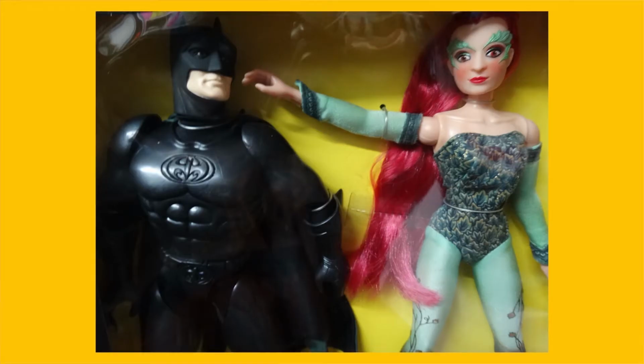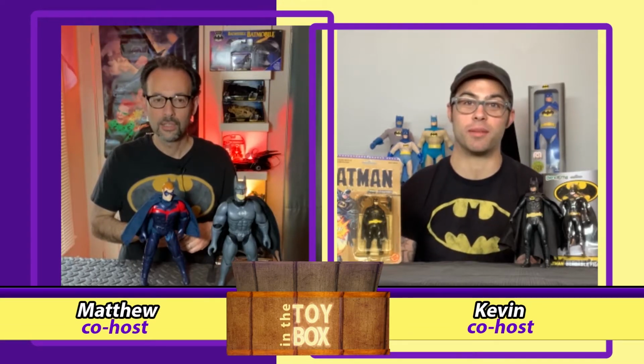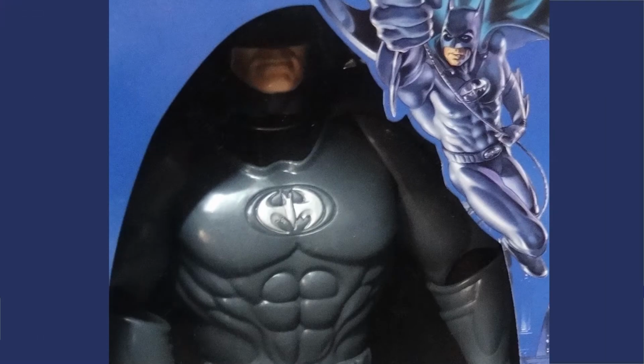Now it's a little sparkly, if I remember correctly. It doesn't have some kind of sparkle to it. That's the toy in front of you, like the armor. Yeah, it's got a metallic look almost. Yeah, like a flake, even though it's rubber. Right. Yeah, but I like these because